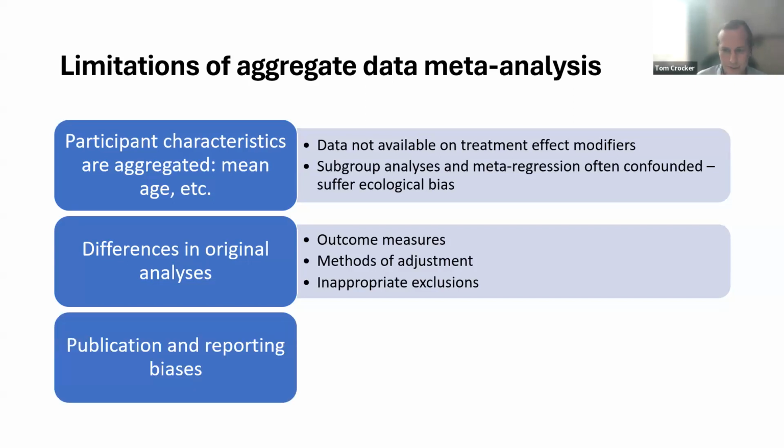There's also a risk of publication and reporting bias, because either the whole trial hasn't been reported or relevant outcomes may have been collected but not analysed or not reported. This is likely to be because the findings were considered not interesting. In other words, they weren't statistically significant. So with these traditional meta-analyses, you're largely reliant on what's been put in the public domain.